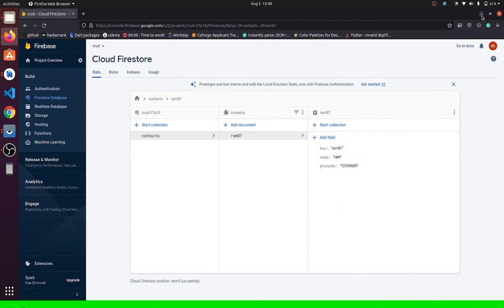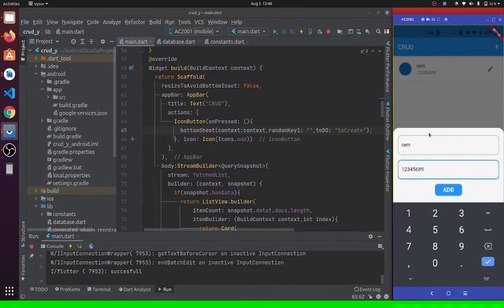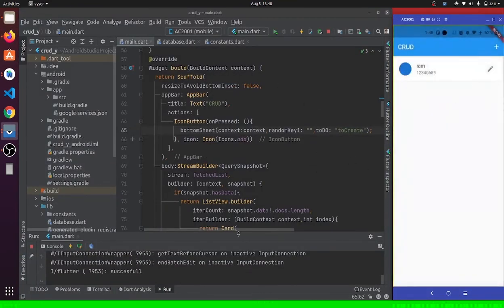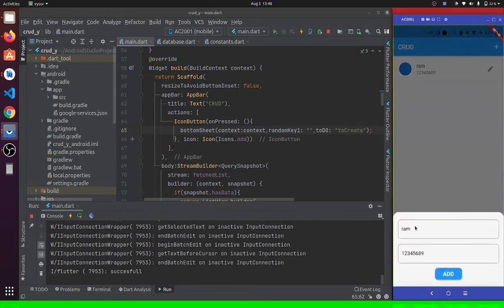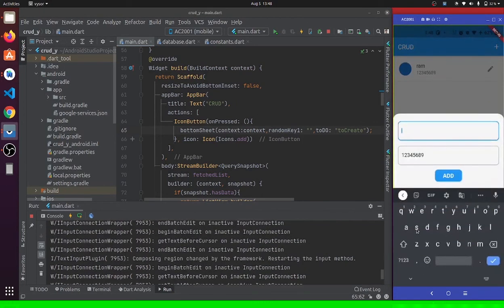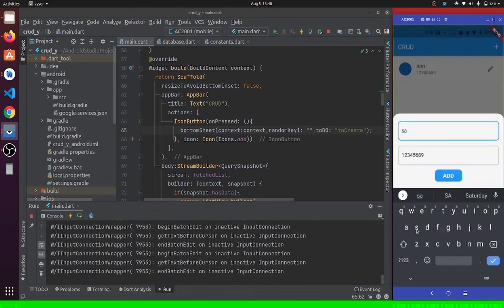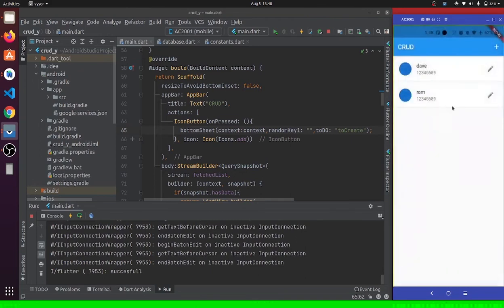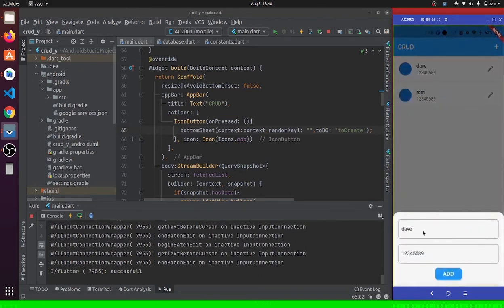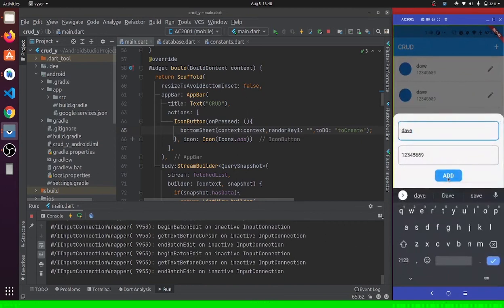So if we try to update the data, let's see what happens. In place of Ram, we can make it Dave actually. Yeah, if you see, you have got the new data here. Let's try it one more time by making it Dave. Yeah, now if you see,